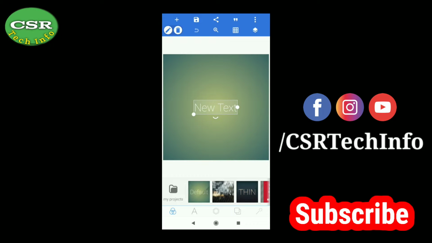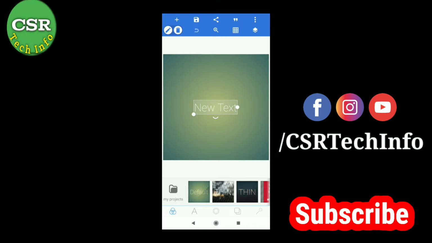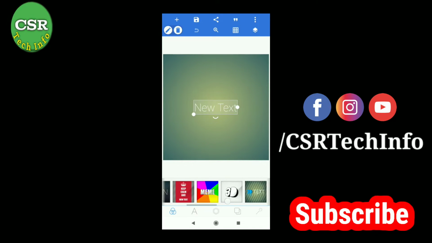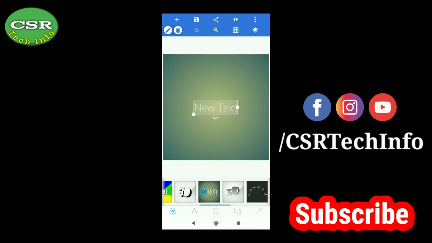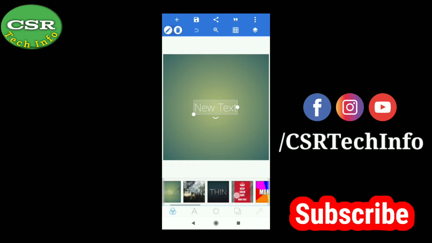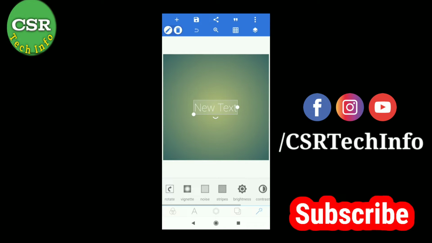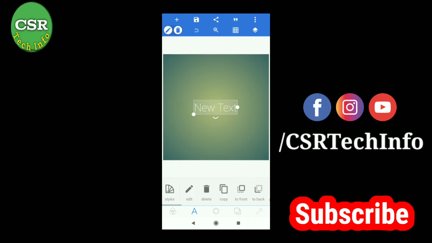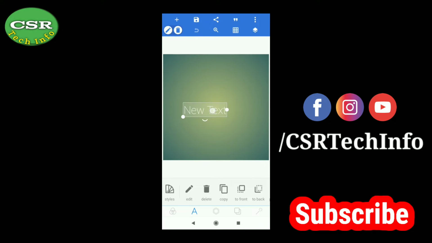After opening, this will be the home page. This is the first background you can find. If you come down here, there are so many backgrounds with different colors, text and effects, right? And under these backgrounds we have some tools, these four. These are all the tools where we can apply effects to the text. Okay, so today's topic is adding 3D effects to the text.